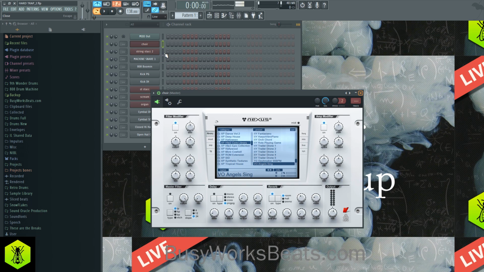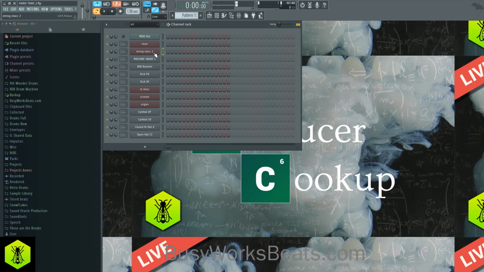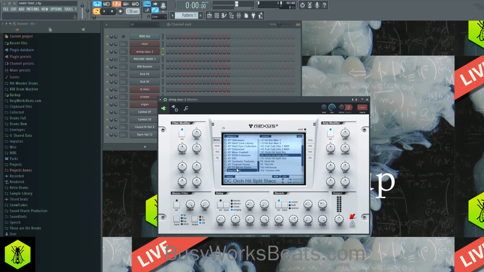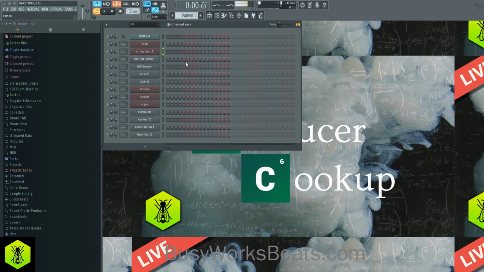Then we have a staccato section for the strings, very short, plucky style strings. Now this one comes from me just searching. I right click. You can actually search for terms if you search the word hit. This is probably from a Hollywood expansion. I have all three. This is orchestral, hit, split, staccato. So we're going to be playing the half steps. All right, so that's going to give it a cinematic feel.